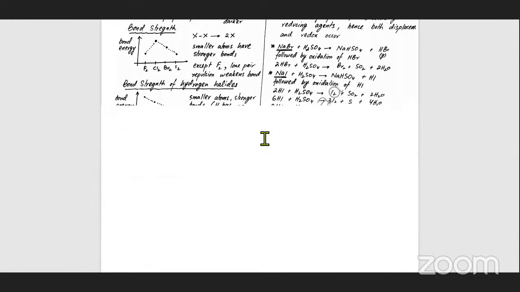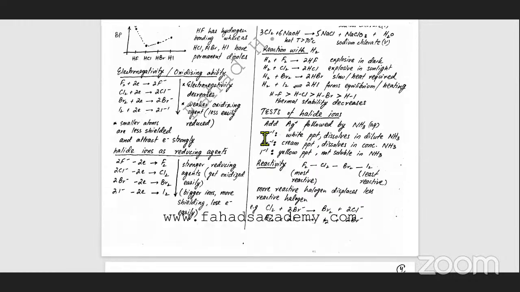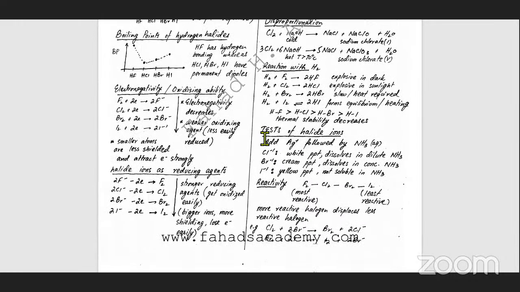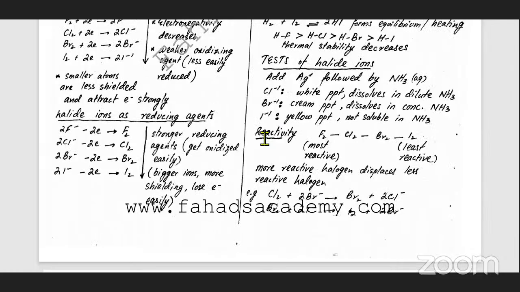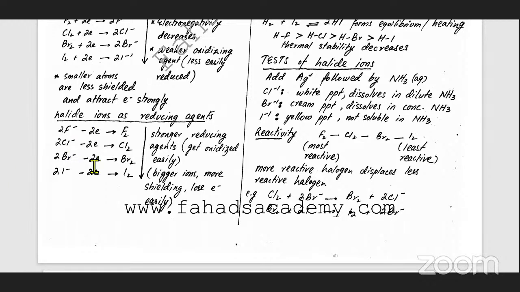In organic, you've studied group 17. When you talk about halide ions, you've studied that down the group